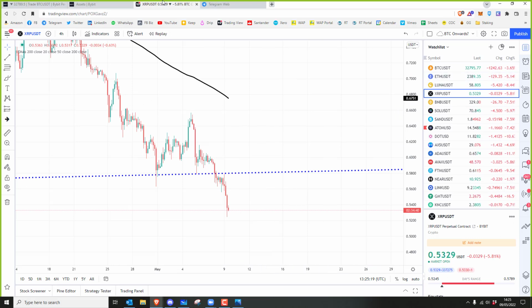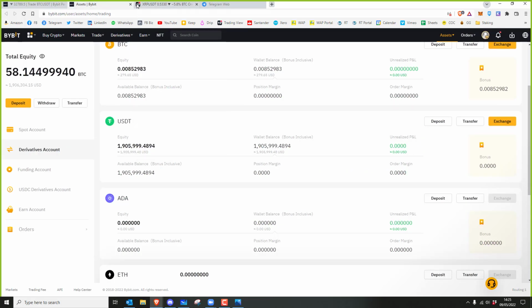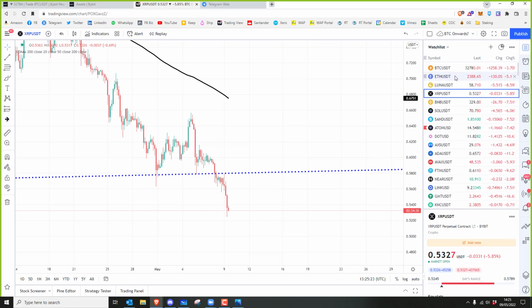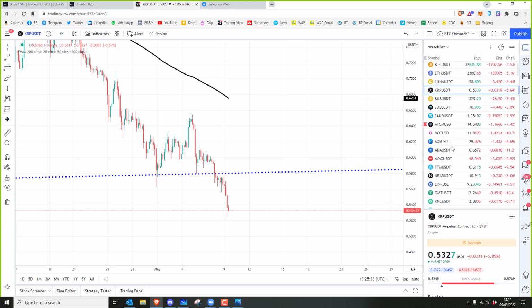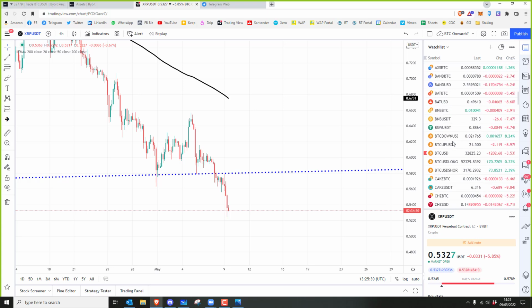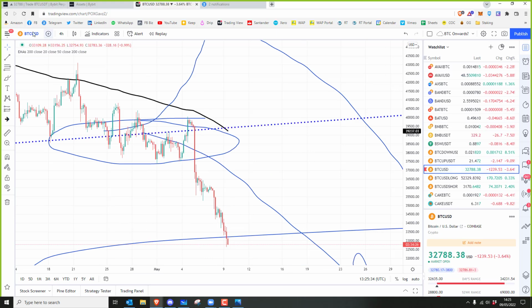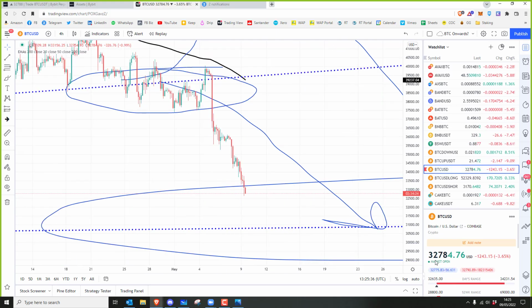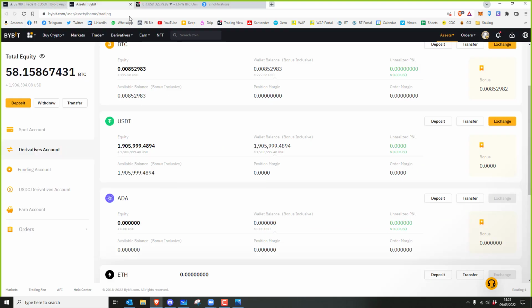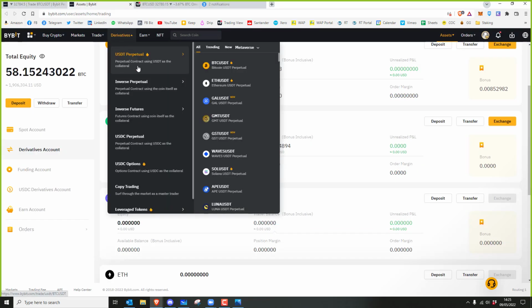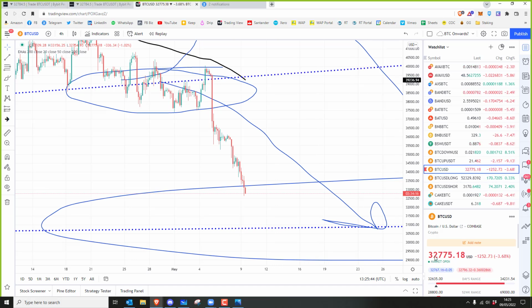In terms of the other thing you need to be wary of, every chart will be slightly different. So in this list down here, I have BTC USD, but this is from Coinbase. So this price will be different to the price that Bybit is showing. If I get back to that trade there. And